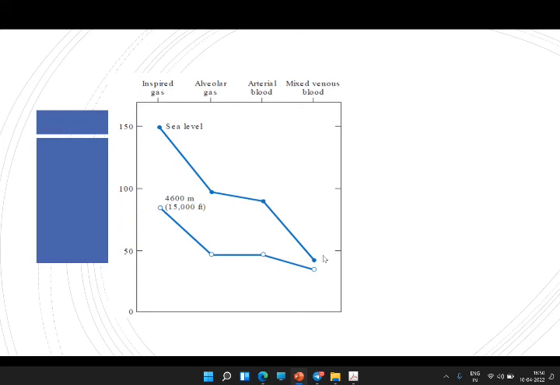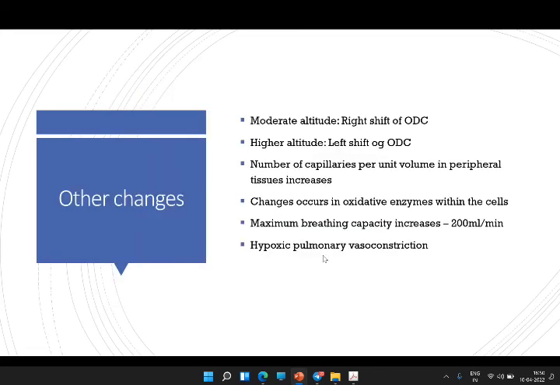And we should also understand that hematocrit increases even before the erythropoietin production takes place. That hematocrit increases because of the decrease in the plasma volume. There are other changes which occur. That is, there will also be an increase in the number of capillaries per unit volume in peripheral tissues. And also there will be changes occurring in oxidative enzymes within the cells. Breathing capacity increases to about 200 liters per minute. So these are